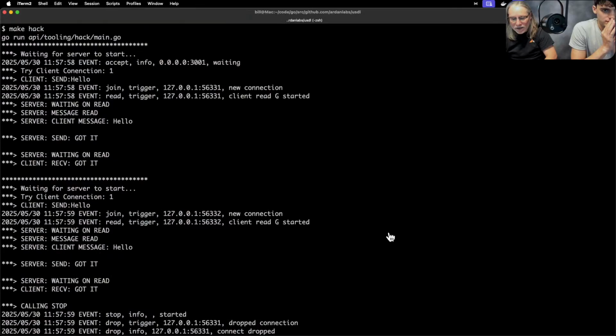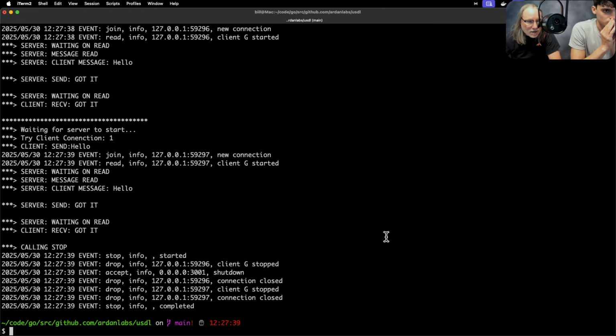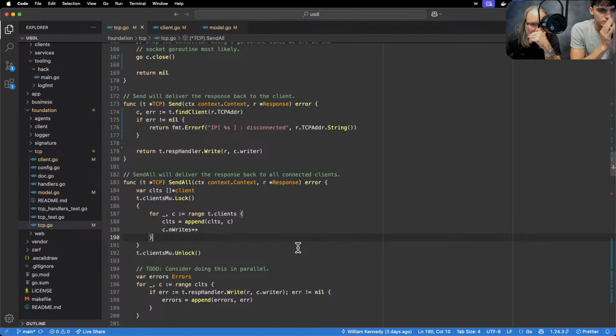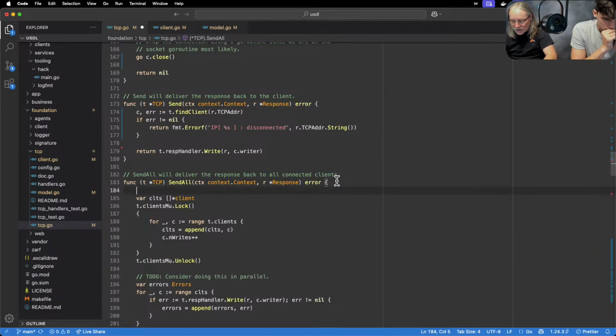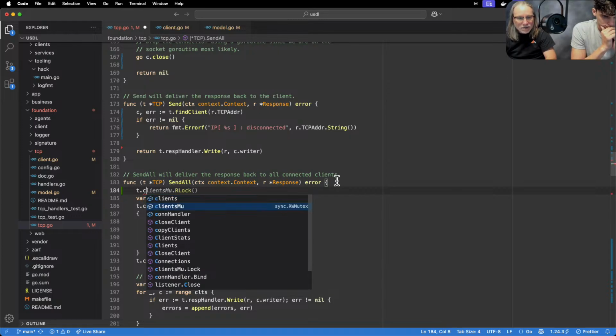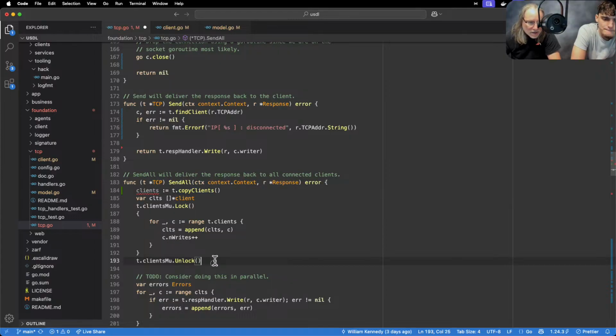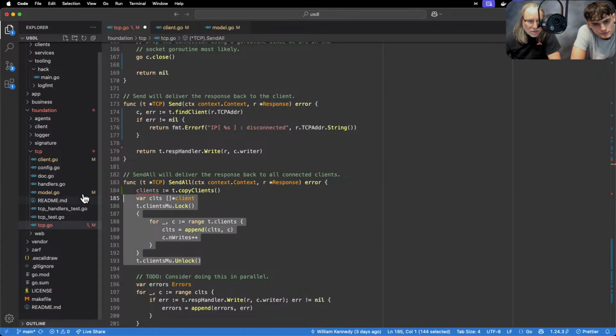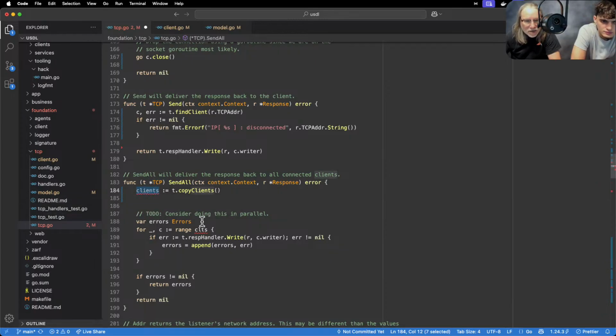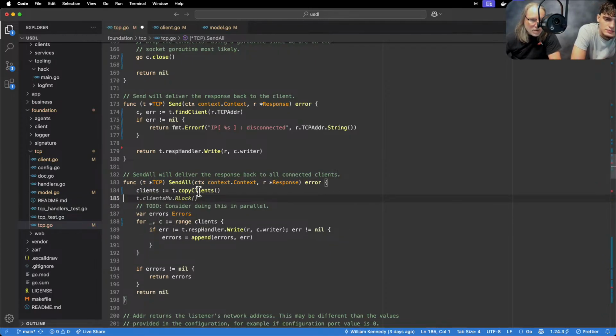Let's just double check we didn't break anything at this point. I haven't run this in a while. Okay, good. Now, sendAll will deliver the responses back to all connected clients. So we already wrote a function called copyClients, didn't we? Now that gave us it in a map, but I don't think that's a big deal because I could still range over the map. It wouldn't be in the same order every time, but